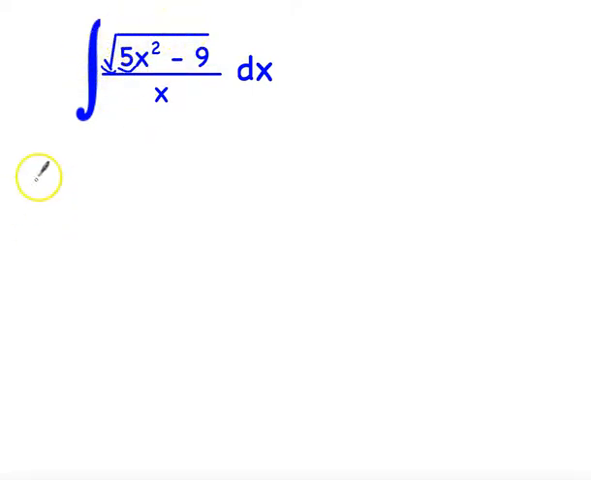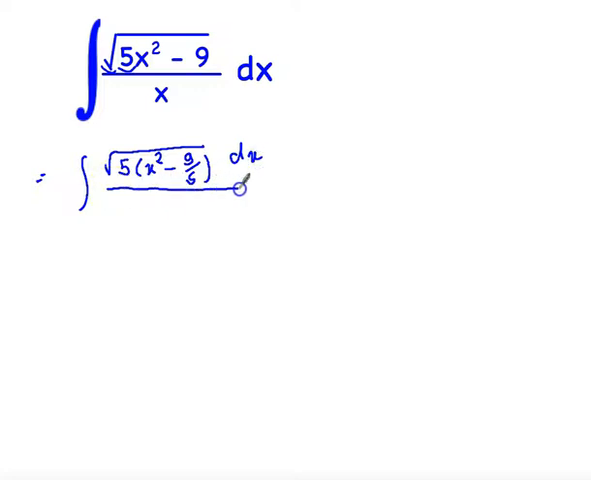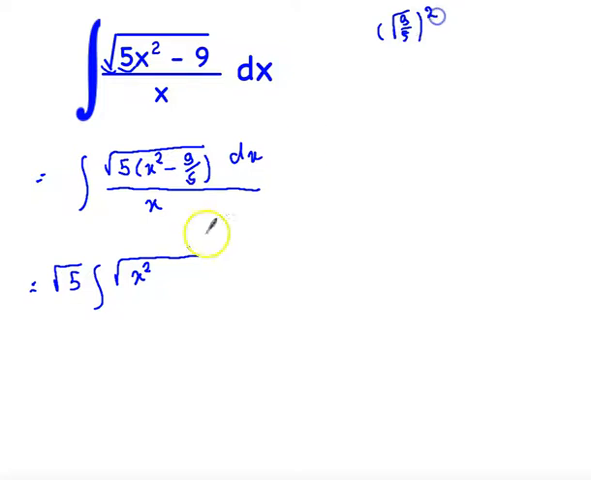the square root. So it's equal to integral radical, take 5 common, x squared minus 9 over 5 dx over x. Now let's take this 5 outside the integral. So radical 5 integral of radical x squared minus 9 over 5, we can write it as radical 9 over 5 all squared. So minus radical 9 over 5 squared dx